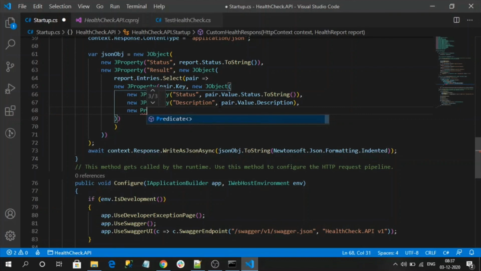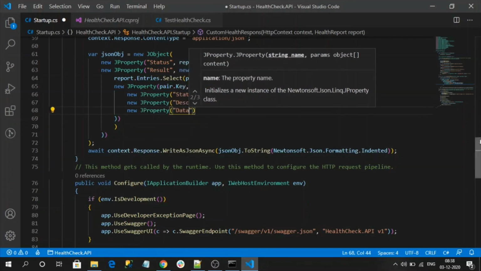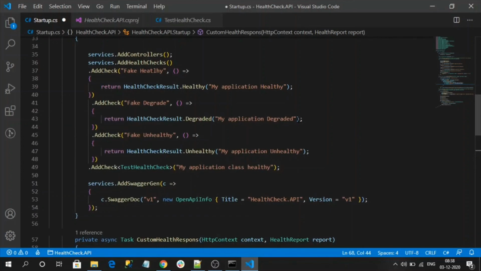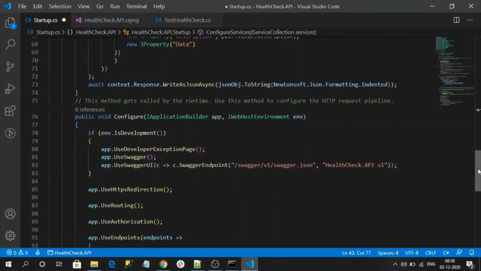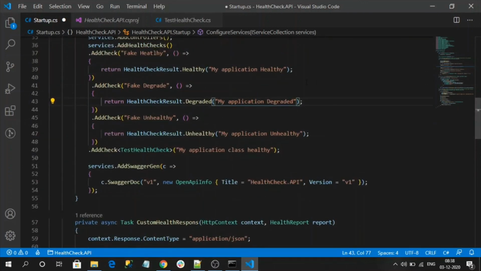So I will end this object creation with data. This data is additional information if we are returning any data from the health check. Here I am not returning any. If you are returning any additional data, it will be read from here. So let's check the overloaded property whether we can see it here.